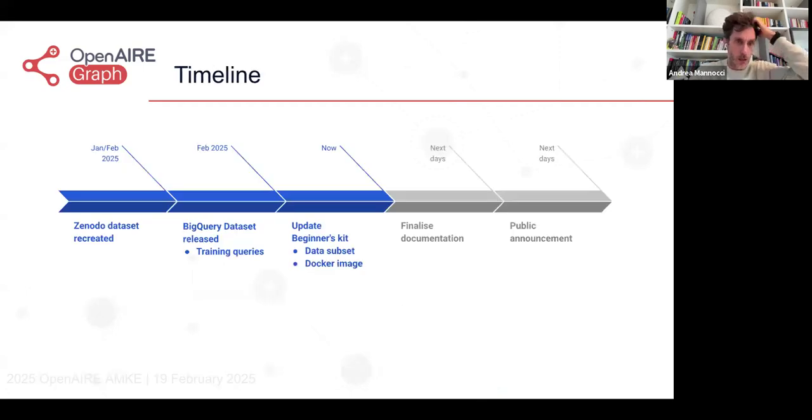In terms of timeline, we are on a good way to get everything publicly announced. So basically, the Zenodo dataset has been recreated on BigQuery. We are in sync. So the dataset has been released, and I rewrote the training queries from October. We are updating the beginner's kit, which means producing the data subset and updating the Docker image. And then in the next days, we need to finalize the documentation on the documentation website,